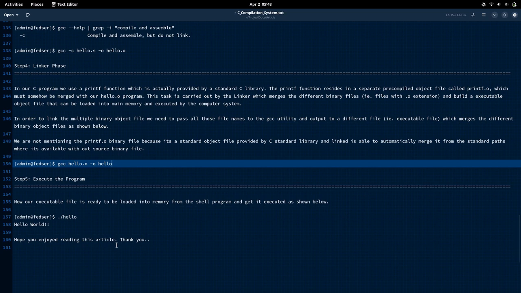So this is how the C program compilation steps are followed when we actually compile our C program.